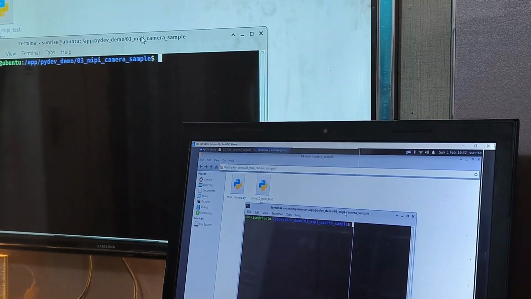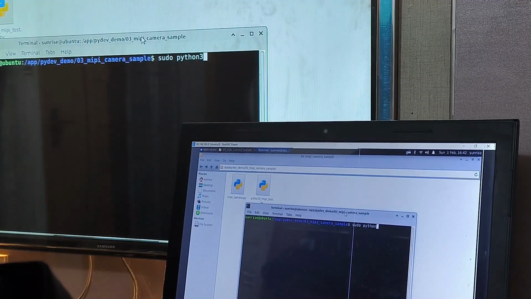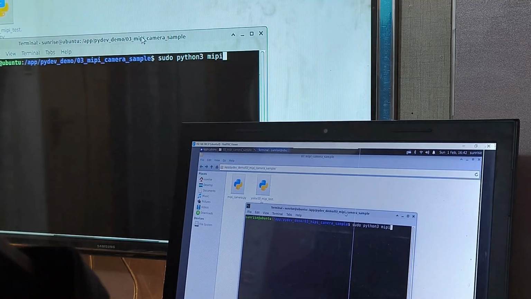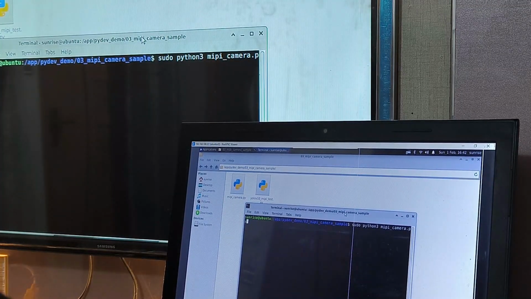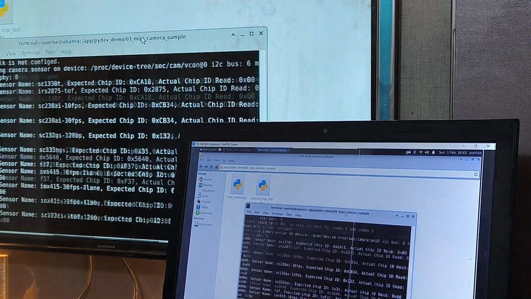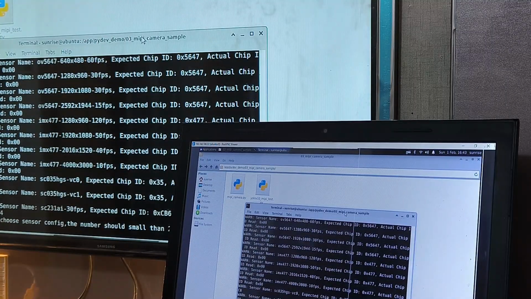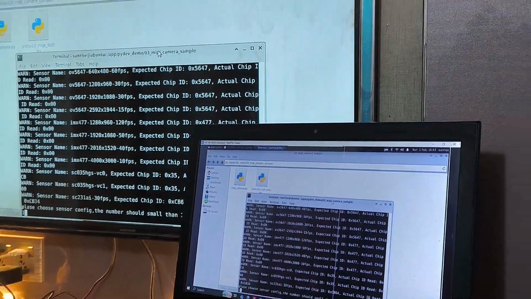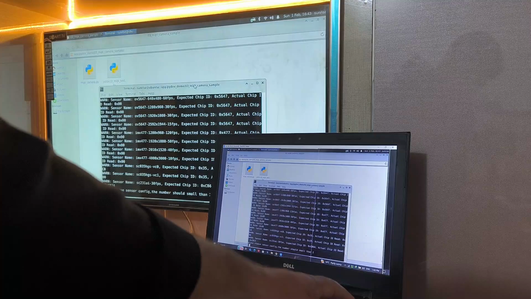In the terminal, type the command sudo python3 mipi_camera.py. Press enter. Then type 1 and press enter again.